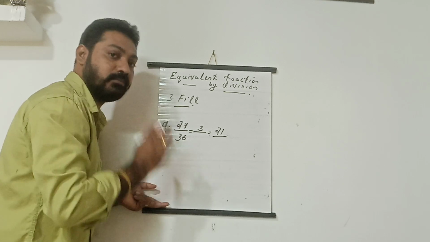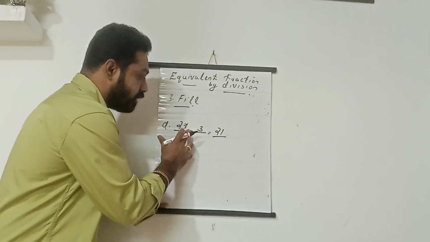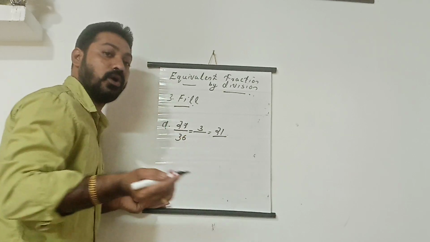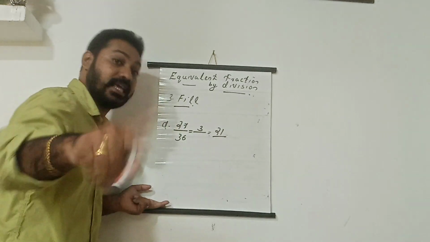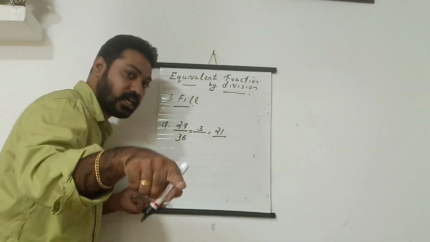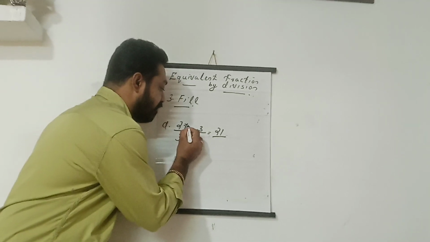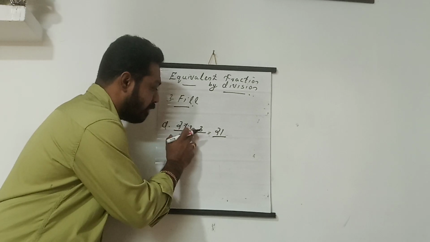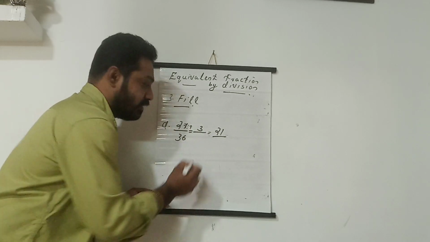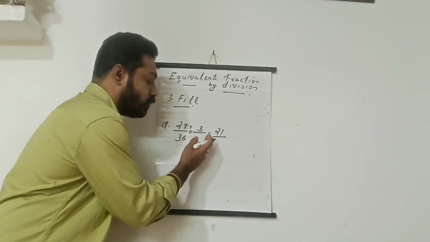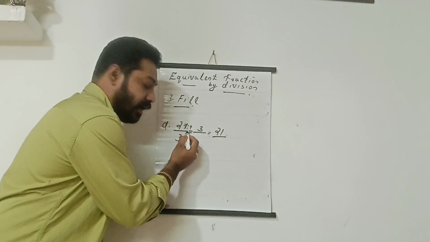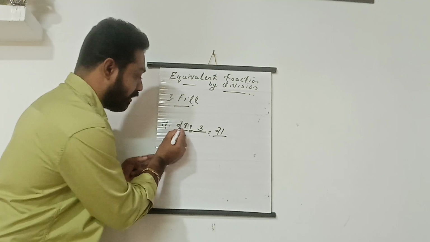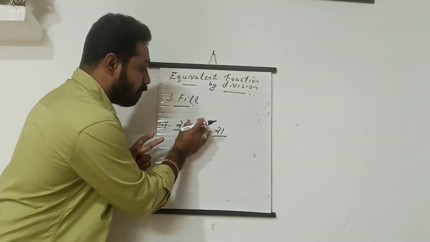So what number did we use? To reduce 27, what did we use? We all know that 9 3s are 27, isn't it? So if we divide by 9, we will get 3. 27 divided by 9 is 3. That's why this 27 reduced to 3. Understand? So just imagine, to find that number for division, we have to multiply.